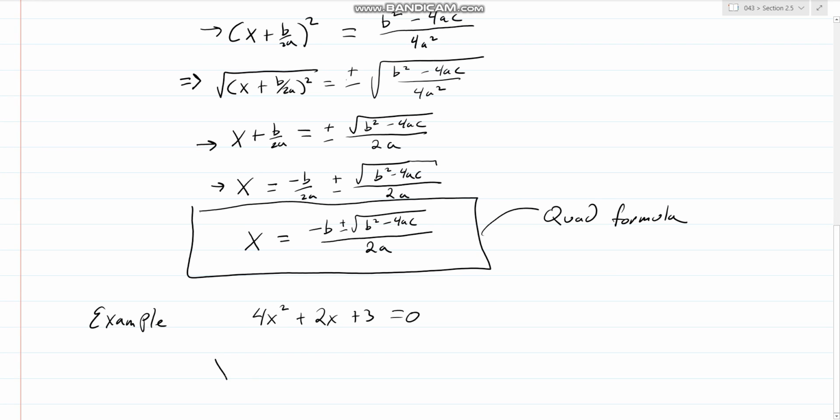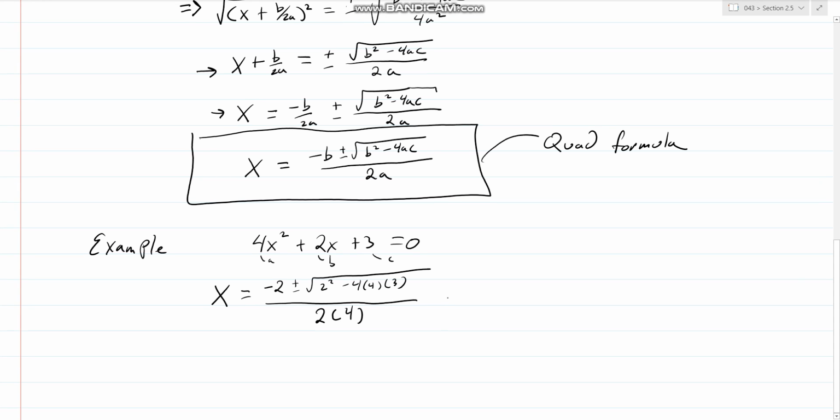So by using the formula, again, this is A, this is B, this is C. So by the formula, x equals negative 2 plus or minus the root of 2 squared minus 4 times 4, because that's an A, times 3, C, over 2 times the A, which is 4. Now the only thing standing in our way is arithmetic. So we have negative 2 plus or minus the root of 4 minus 12 times 4, which is 48,